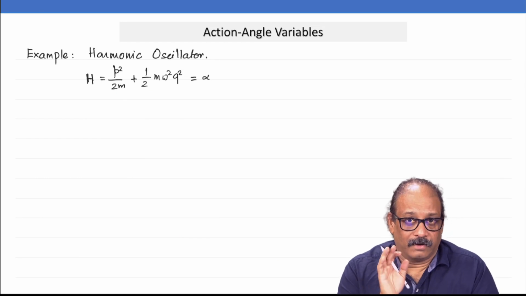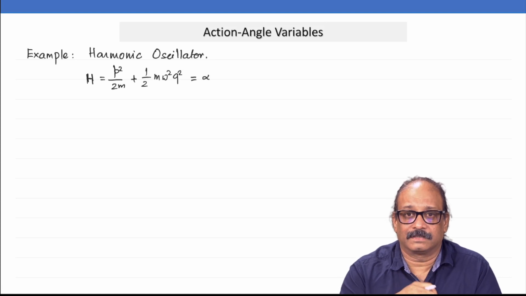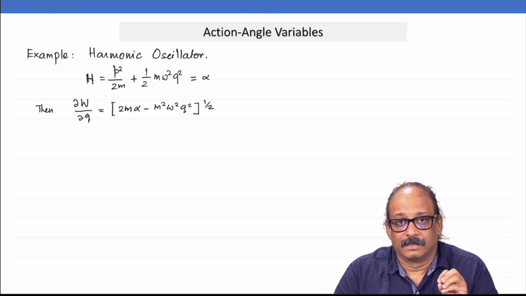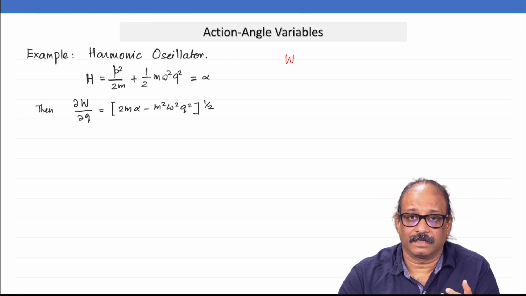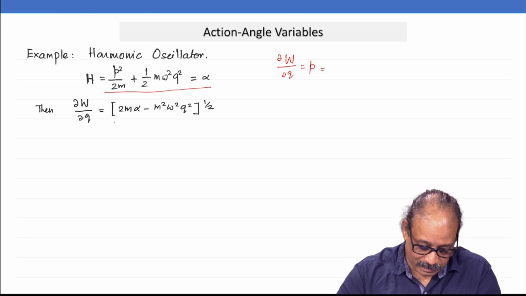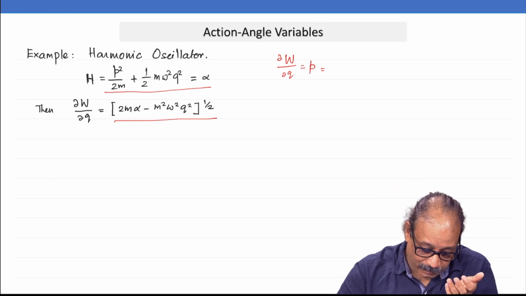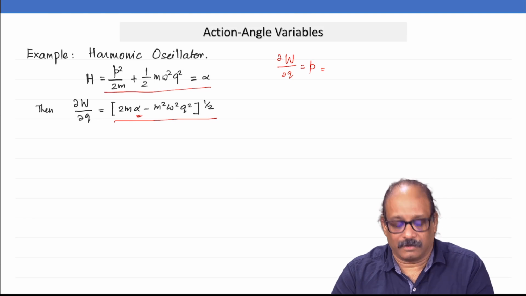So, I will of course complete this problem and calculate the other parts of the puzzle. I will not just leave it at the frequency. So, now the del W by del Q must be equal to P. Remember, W is the generator of canonical transformation. So, partial of this with respect to Q is P, and P we already have rearranged to get this. Okay. So, now I can calculate the W function very easily, and the one constant of integration is already there. The second constant of integration is additive in nature, we will not worry about it.